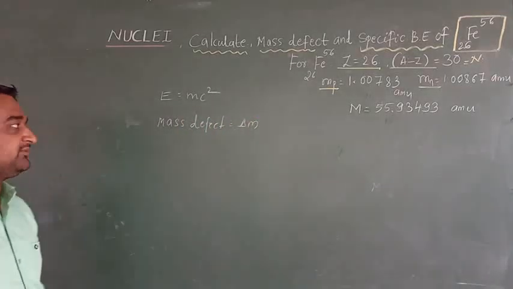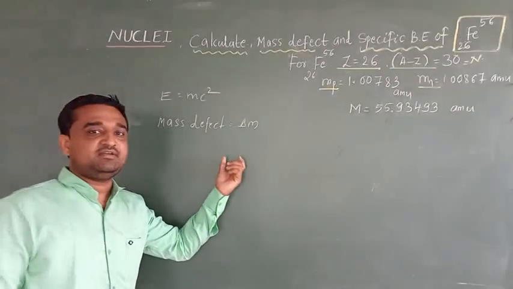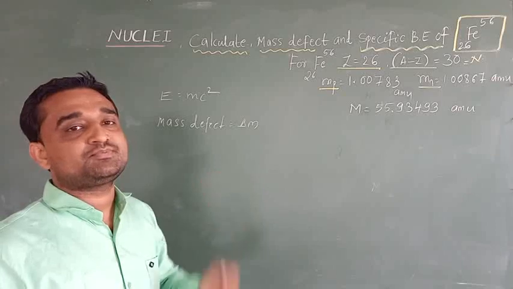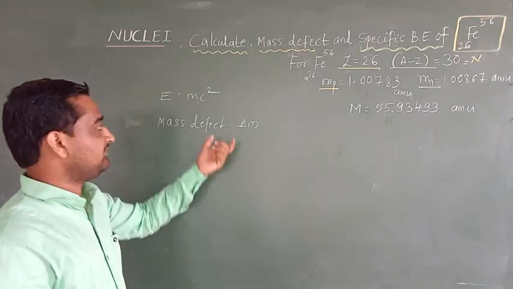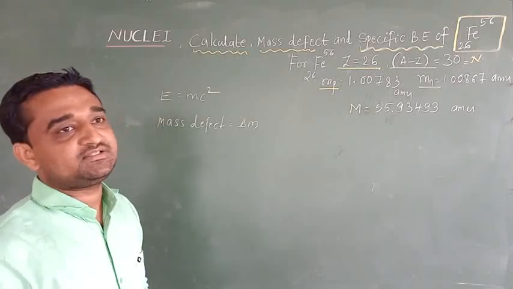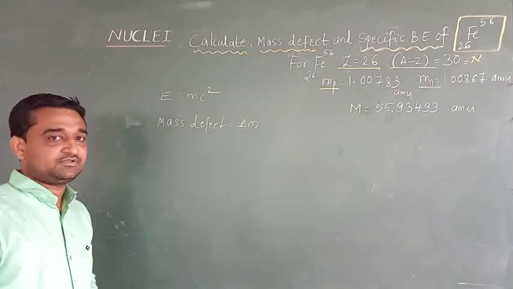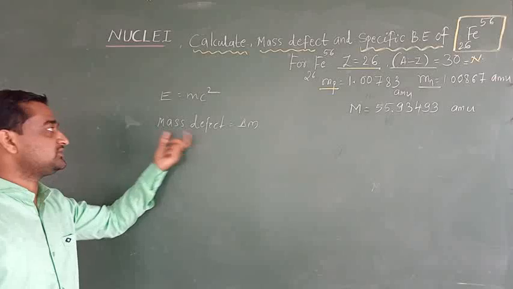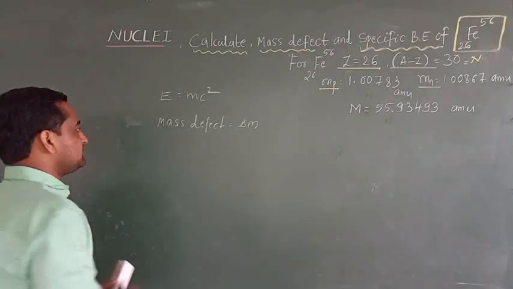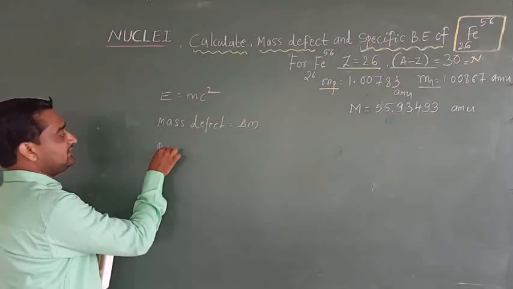Mass defect means the difference between the sum of the masses of the nucleons forming the stable nucleus and the mass of the nucleus in the stable state. That difference between these two is called the mass defect. And we also discussed the binding energy,